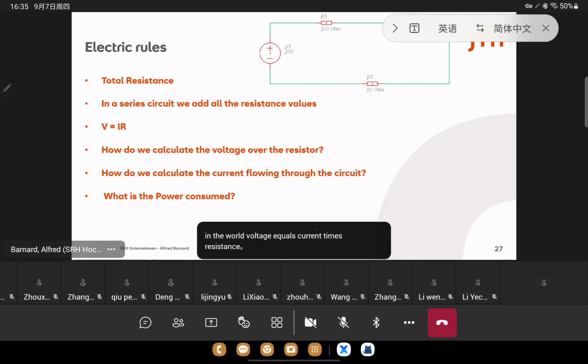Now, let's get that ready. So how do we calculate the voltage over each of our resistors? Well, probably the easiest way would be to first calculate the total current flowing through the resistors. So we would have all of our resistors added up, put this into our equation here, have our total voltage, 10 volts there, and divide voltage by resistance, and then we have our total current. And then we can multiply our current with our resistors to calculate that. So once we have the total current and the total voltage,